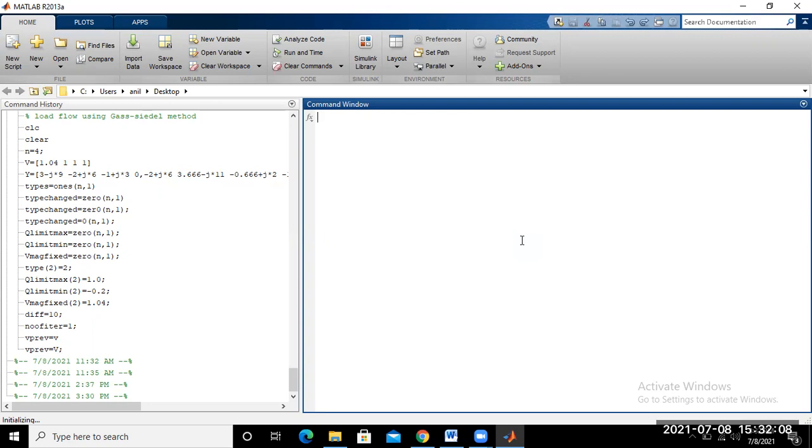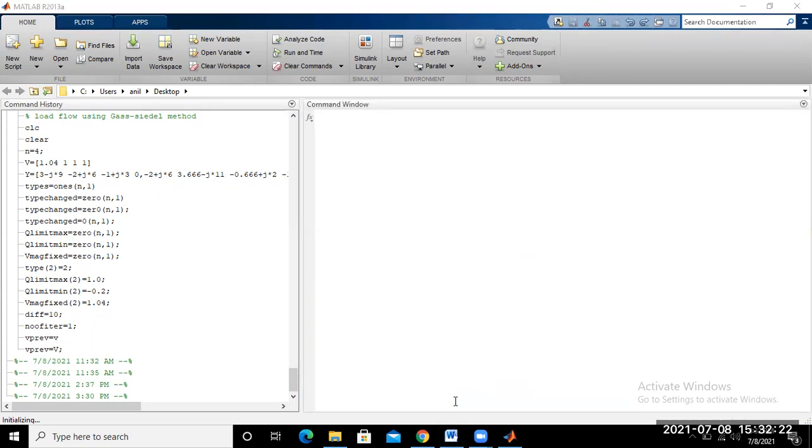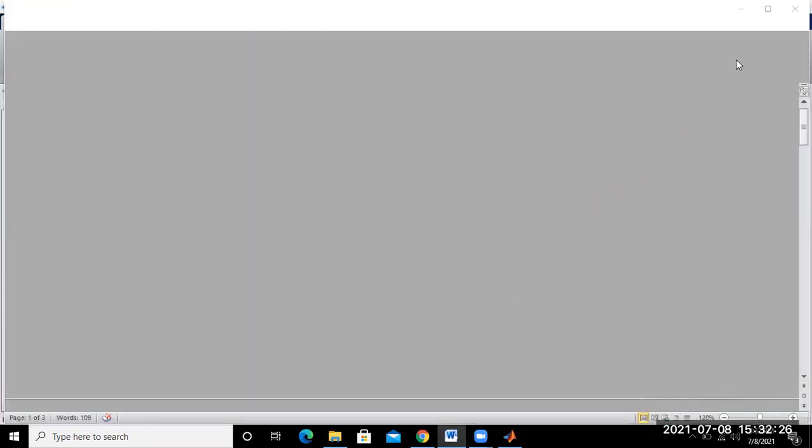Then you can match the circuit diagram you have drawn.